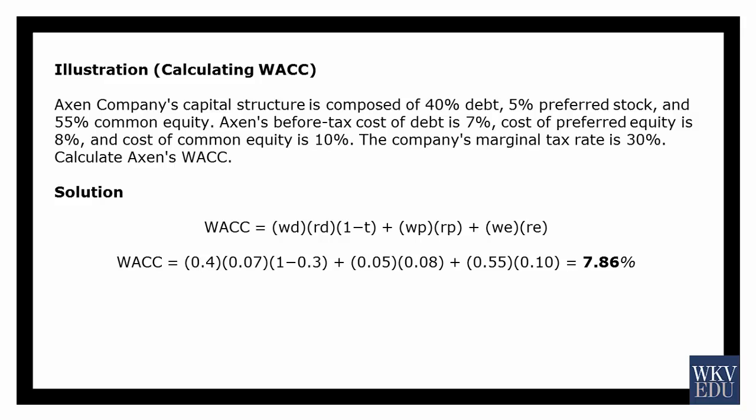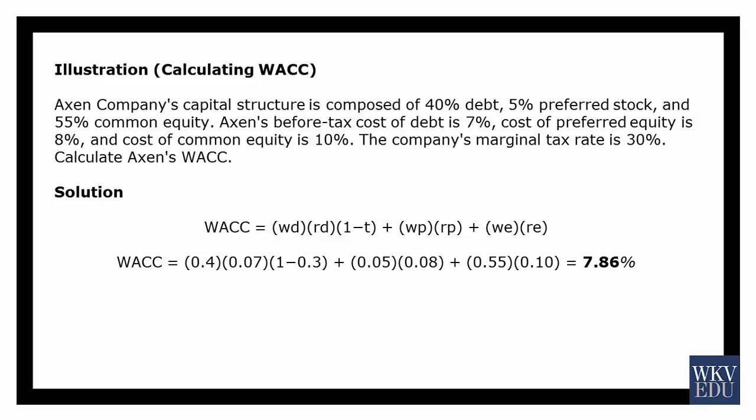Weight of debt is 40%, so 0.4. Return on debt is 7%, so 0.07. The tax rate is 30%. We all know why we are deducting the tax rate. The reason being that the interest expense, similar to depreciation expense, provides a tax shield known as interest tax shield. Because of that expense, our overall tax burden is lowered by the 1 minus tax rate times the interest expense,